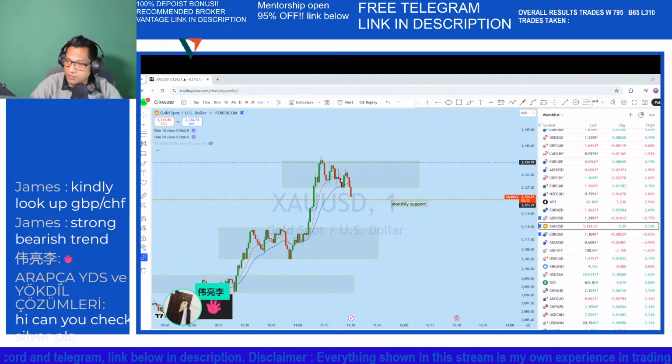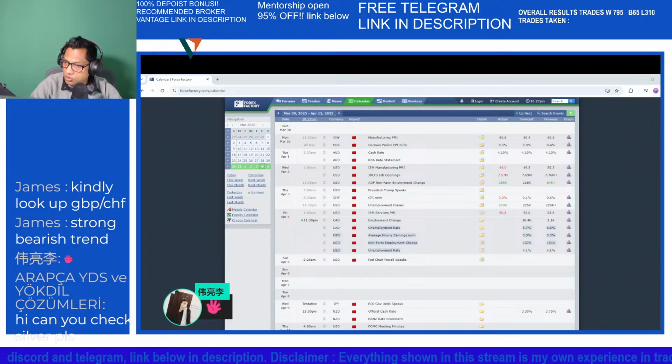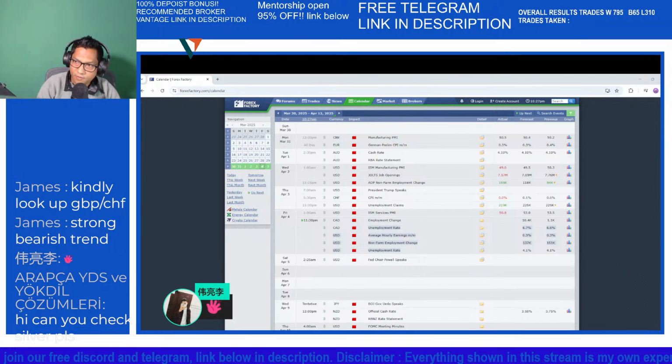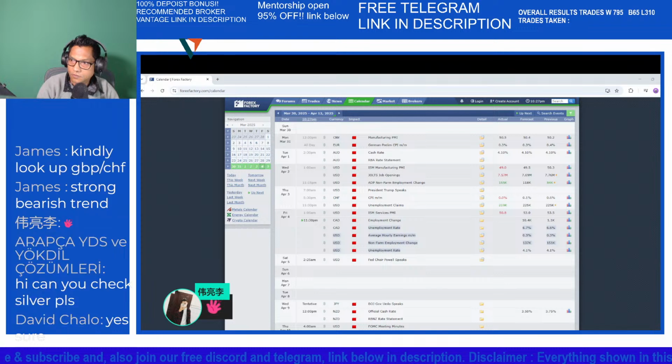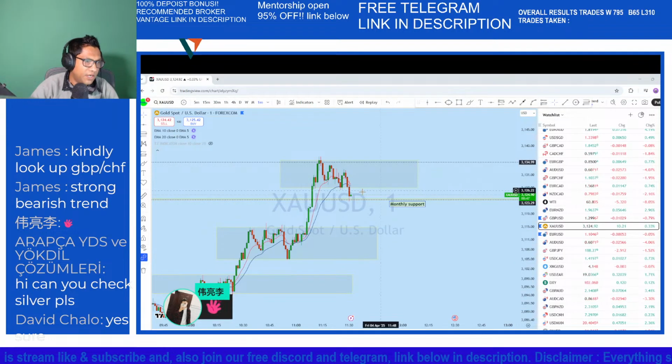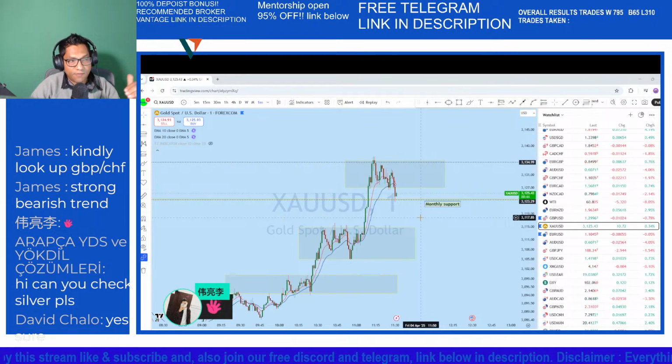And let me also post a poll for the coming NFP. What's your view on NFP? On gold, let's see. Do you think that gold will drop on the NFP from this level, as the market is above the